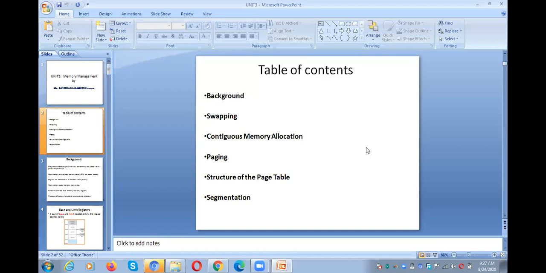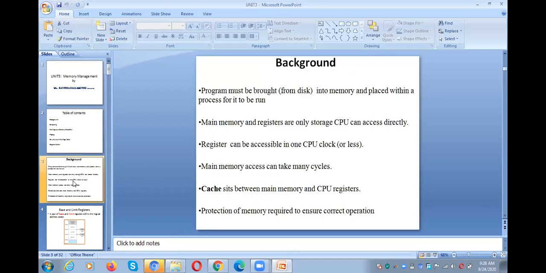Mainly the entire memory management depends upon the diagrams and a little bit of logic you need to have. Then it will be very comfortable for you to understand. First of all, you need to understand the diagram, and then apply a little logic as to why the diagram looks like that. Then it is very easy for you to understand the third unit. So let me explain the first topic, background.